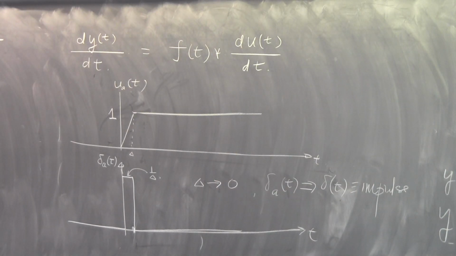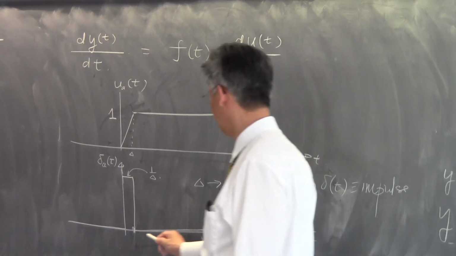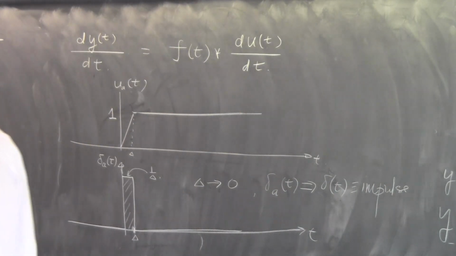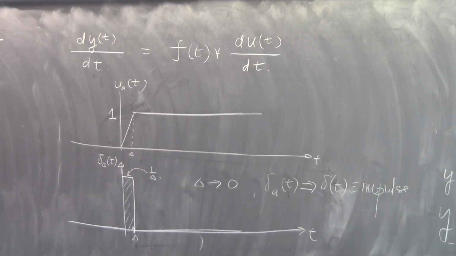Okay? And what is special about this impulse? Well, what is the area under this impulse? If you were to seek out this area, this width here is delta, and the height is 1 over delta. The area is always 1. That is this special